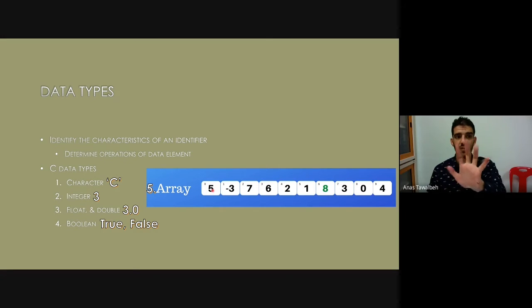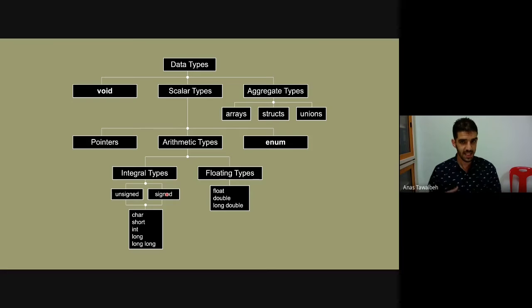So those are the 5 data types in C language: character, integer, floating and double, Boolean, and also array. Basically, here is the structure of data types in C language. So there is void, I will come to it later. There is a scalar type, and apart from it, the arithmetic type. Apart from it, the floating types, such as float, double and long double, as well as